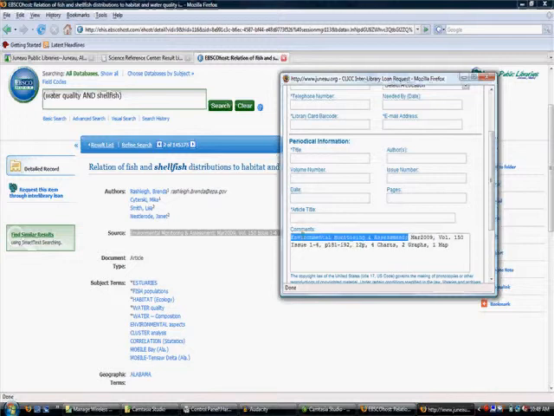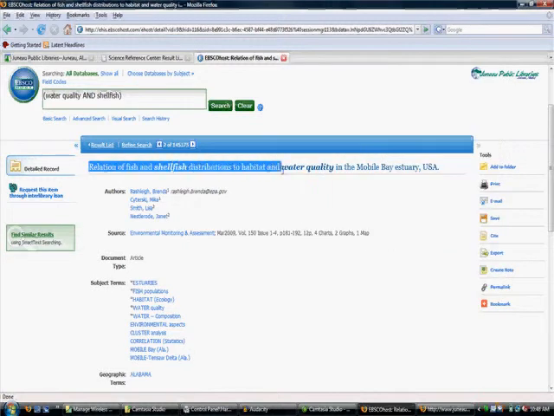You guys are all probably wizards at cut and paste, so I'm not going to show you how to do all this, but this is the volume and issue information here. You can probably just stick this all here. The date is already there, 2009. Article title is going to be important, and that's the heading up here. Copy that,